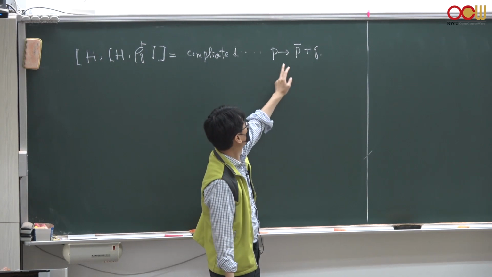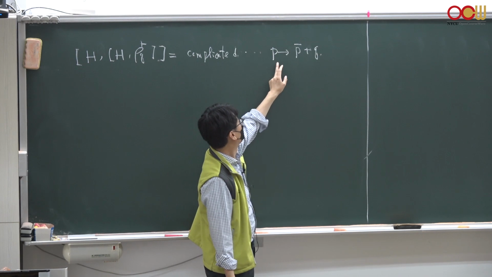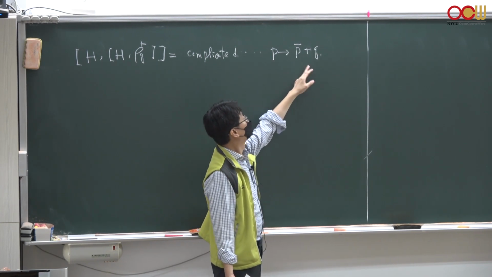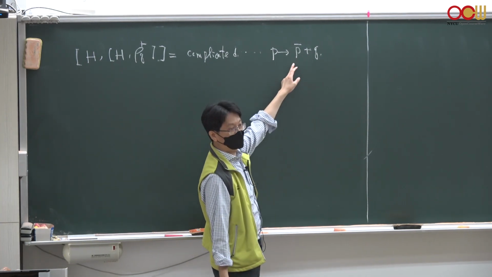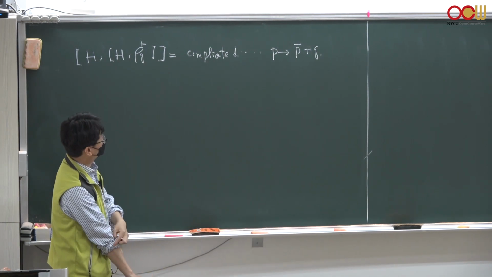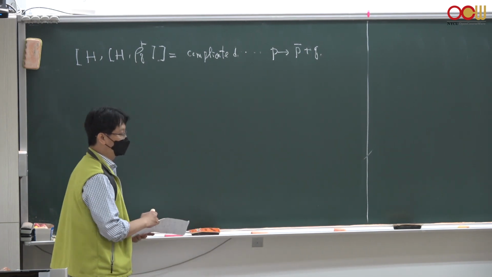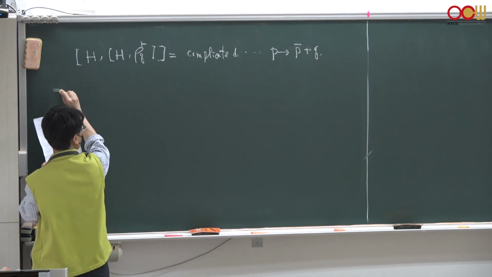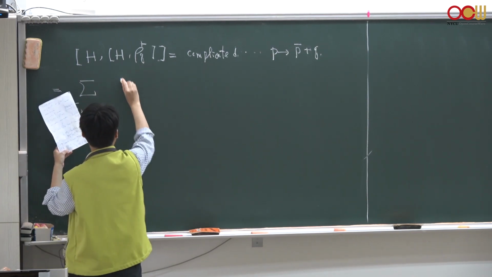All right, so because p is any arbitrary momentum variable to be summed over, I could simply shift this p by a small momentum transfer q, and I call this shifted momentum p bar. And p bar is also arbitrary because q is just a small momentum transfer. I could just subtract or add this q as I like, because both p and p bar are just arbitrary momenta. So if I shift this p, I can sum over p bar and q prime,